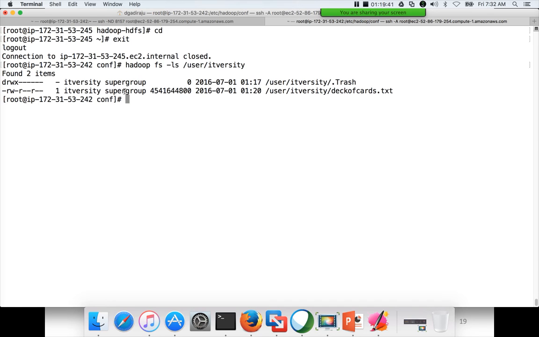That is stored and managed by a daemon process called name node. So in this case, the name node is running on host 244, and it will actually store the metadata in memory. Whenever you add a file, blocks will be generated and block locations will be generated after the file is copied, and this metadata will be stored in memory.